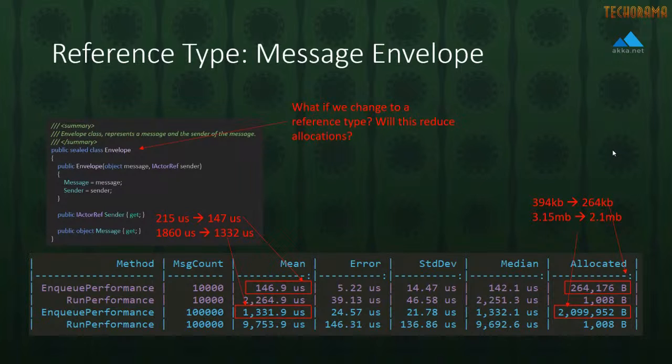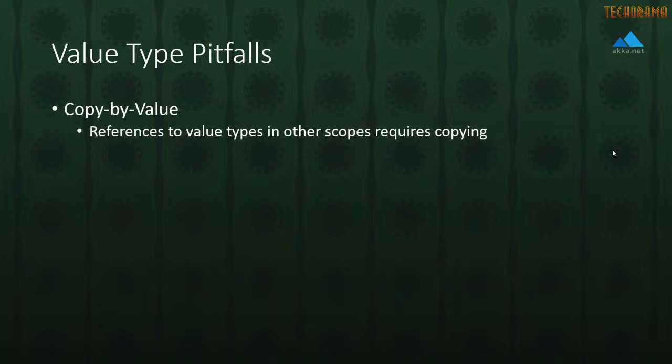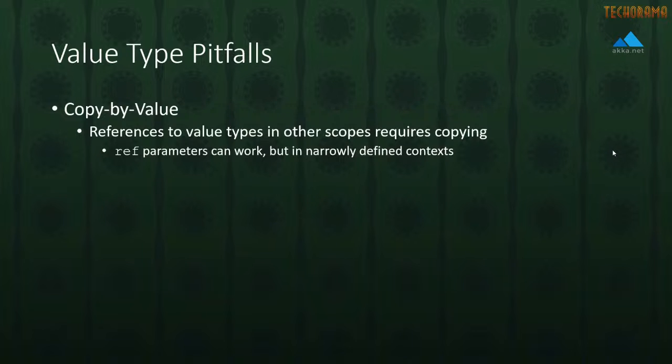So what's going on here? What's causing this performance improvement inside our data structures? Well, there's a couple of reasons why moving from a value type to a reference type may have actually decreased memory usage. The reason is that value types follow copy by value semantics. When I pass, let's say, an integer from one function to another, I'm not passing a reference to that integer in memory. I'm literally going to copy the integer's value into a new register that's going to execute in that stack. So passing around these structures can create quite a bit of copying.